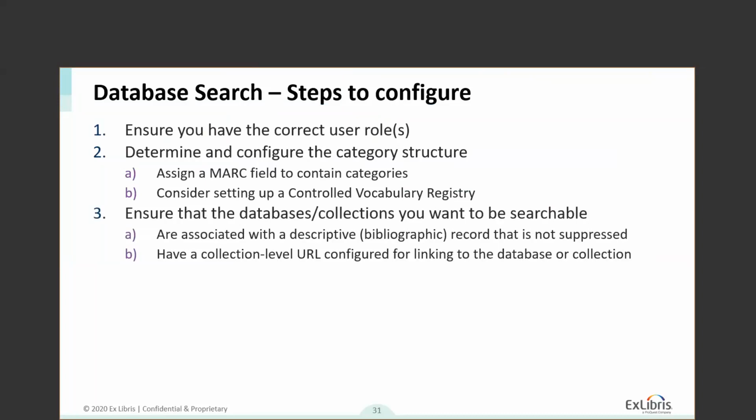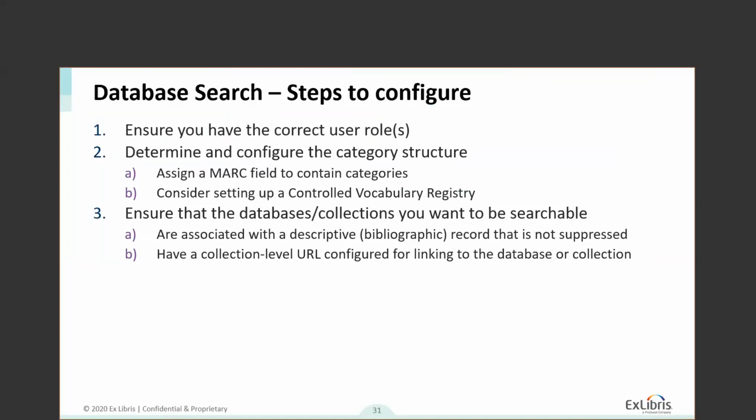So for anybody who is familiar with the activation process for electronic collections in Alma, we often counsel to suppress the top level descriptive bib record for the collection. And I think actually by default, when you activate a collection, you have to click the button to unsuppress it if you don't want to suppress that top level record. In this case, you'll need to have that record unsuppressed, obviously, because that's what's going to be used to display